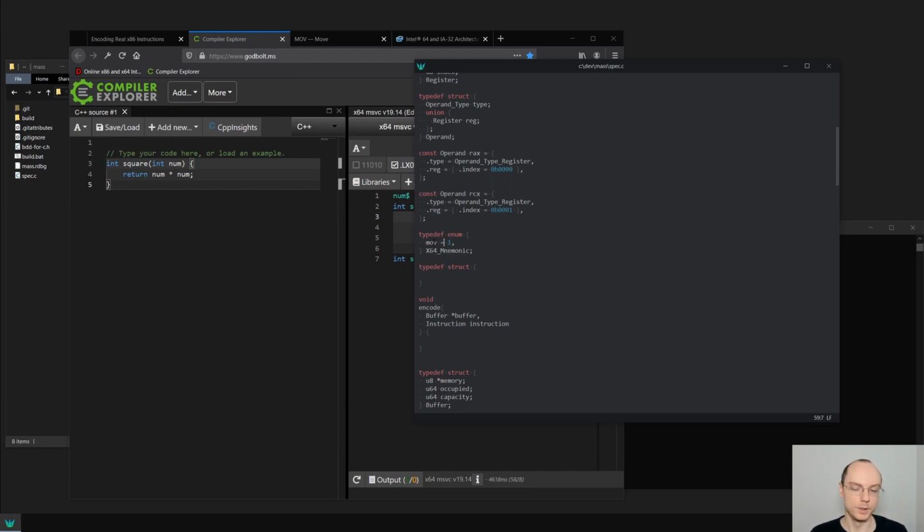I guess we could also here make 0 interrupt 3 or something, which we'll see what it does later. But it's kind of a nothing of the instructions. Typedef struct instruction. We'll have x64 mnemonic,